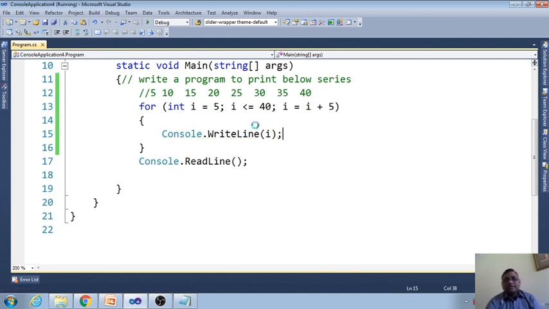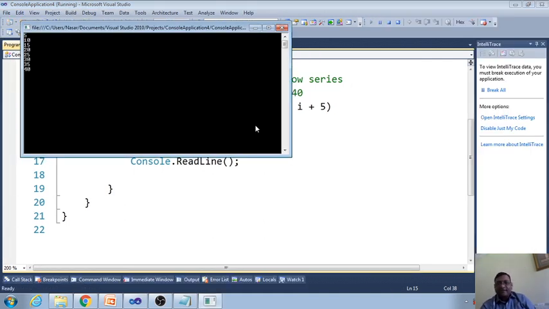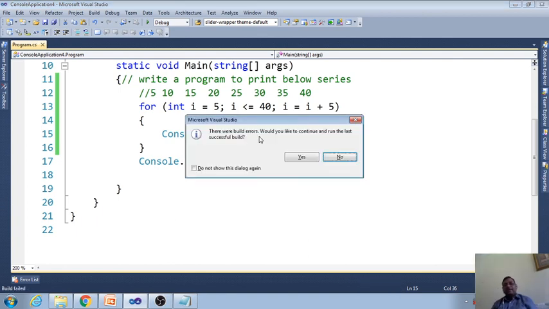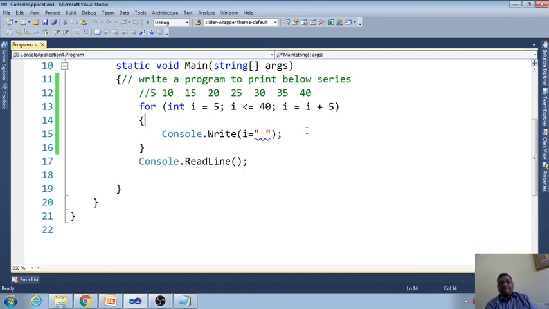And now if you run this program, you will find the same series is printed. If you want to print it in one line, remove this line, and after the I, put the plus symbol and give a little space. If you see here, your result will be printed in a single line. What is the problem here? Forgot to put the plus symbol.